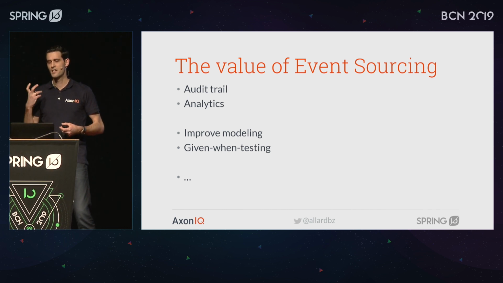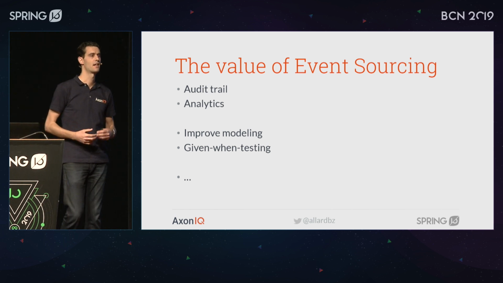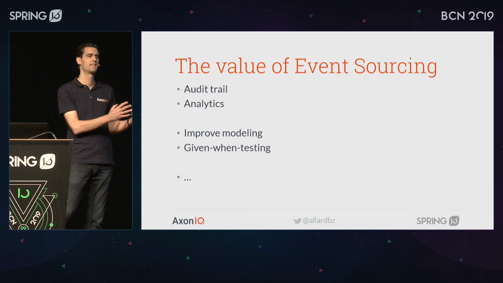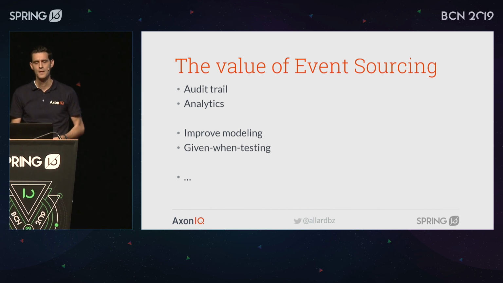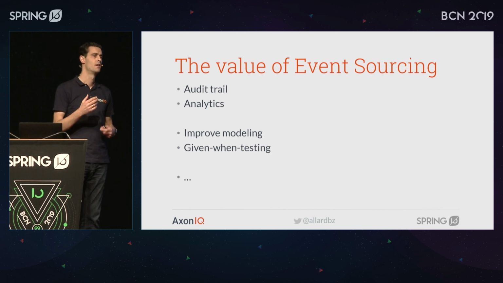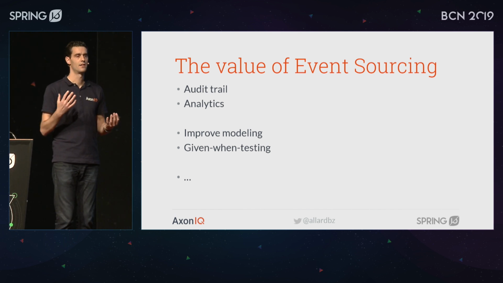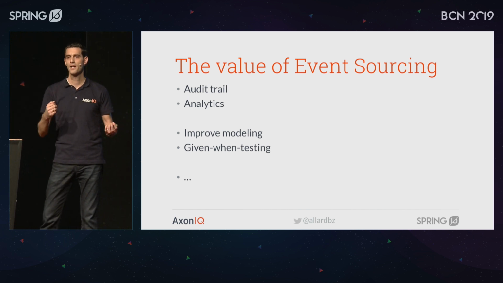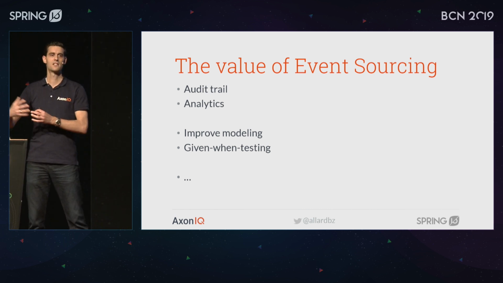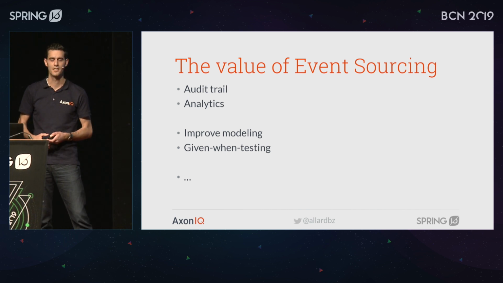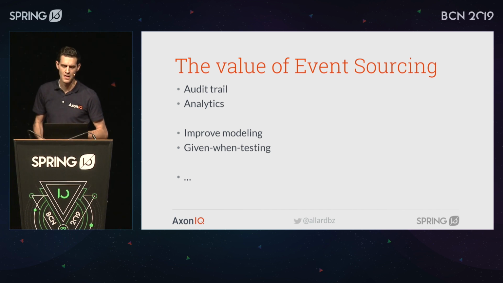You've got an explicit record of something happening instead of an implicit record where you say, well, the state changes. These changes mean that this happened, right? It all becomes very explicit. And they are very nice to test. You can use given-when-then style testing with event sourcing, saying, given some events in the past, when I execute a certain command, I expect more events. Or maybe no events. I expect an exception, a validation exception, something like that. But there's one